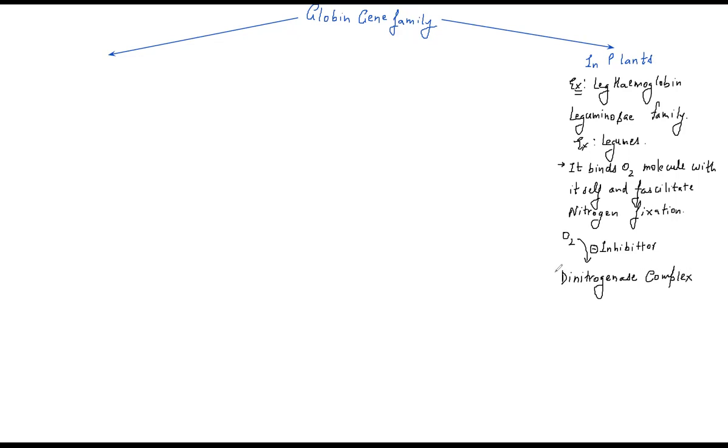इसका potential inhibitor कौन है? The potential inhibitor is the oxygen molecule, which serves as a potential inhibitor of this particular enzyme. This enzyme is being protected from the oxygen with the help of the molecule of leg hemoglobin. It is this leg hemoglobin that helps in the prevention of oxygen from reaching the dinitrogenase complex. ऑक्सीजन डाइनाइट्रोजनस कॉम्प्लेक्स तक ना पहुंचे, उसके लिए क्या किया जाता है? उसके लिए ऑक्सीजन को बाइंड करा दिया जाता है लैग हीमोग्लोबिन से, और ये प्रोटेक्ट हो जाता है।